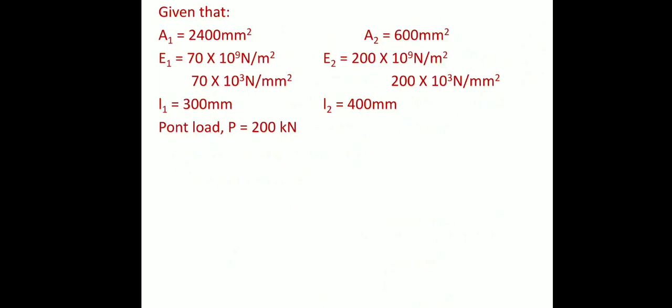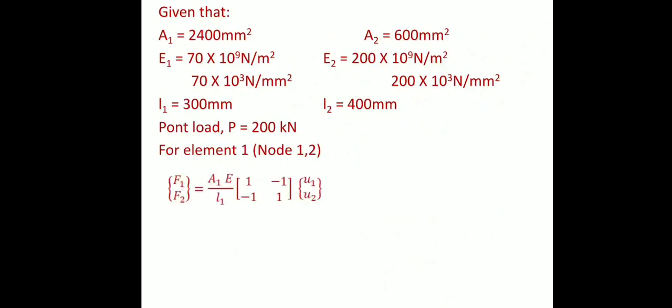Force applied is 200 kilonewton. Now we will form the element stiffness matrix, or finite element equation, for each element. First we will take element 1. For that we have the equation. Rearranging the equation, we get A1 E1 / L1 into matrix [1 -1; -1 1] into [U1 U2] equal to [F1 F2]. Substituting the values, we will get